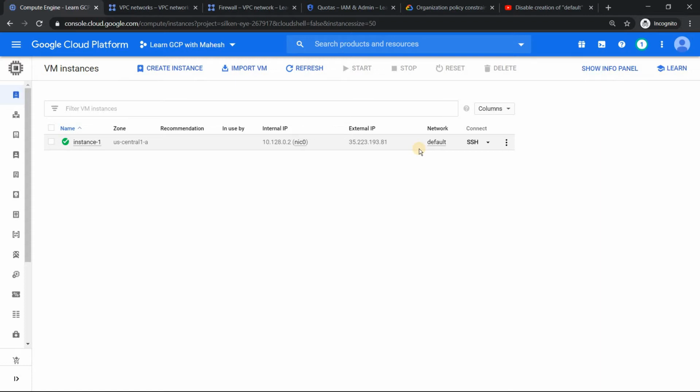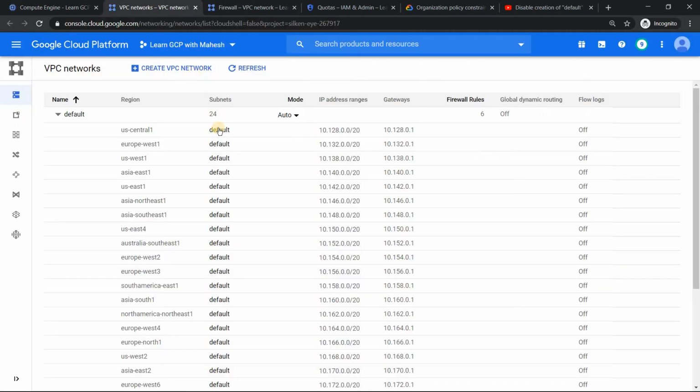Why should you not use it? You are saying you use default VPC for learning purposes, but you are not using it in production. Why? Let me show you that. If you just click on this default name, it will take you to the VPC page, where it will show you how many subnetworks there are currently.